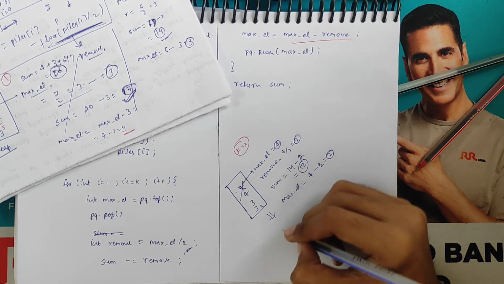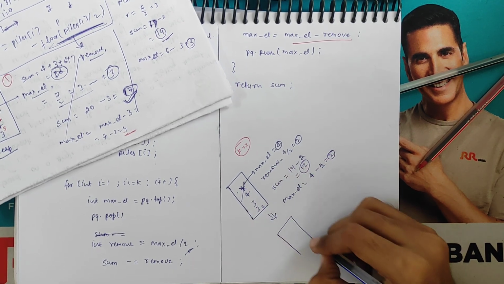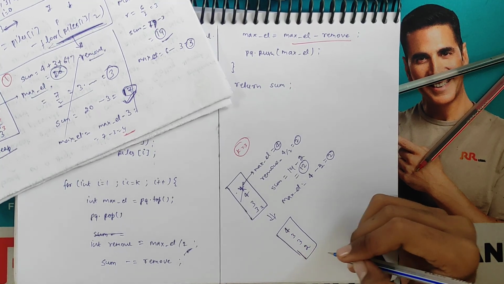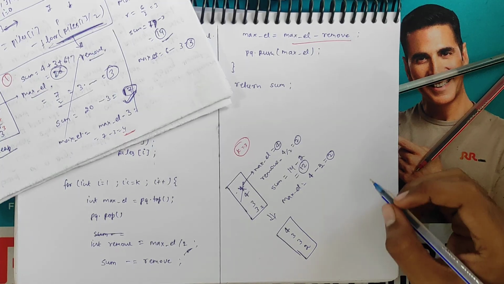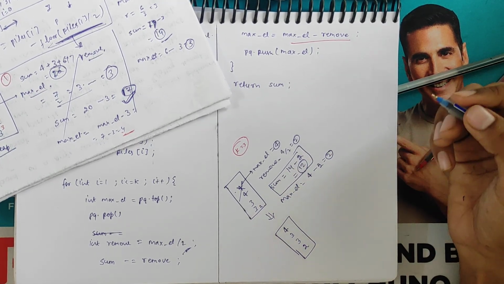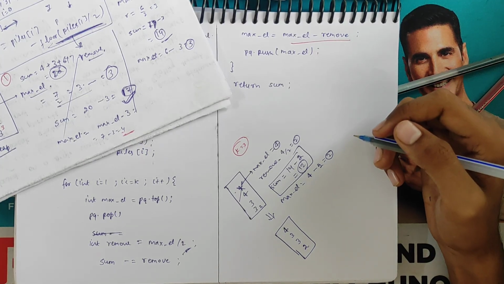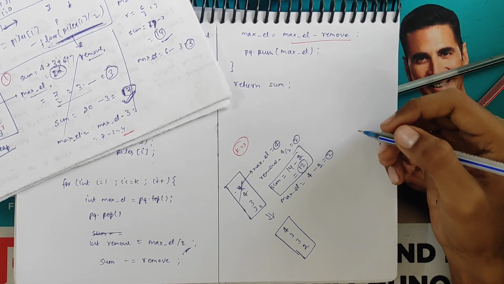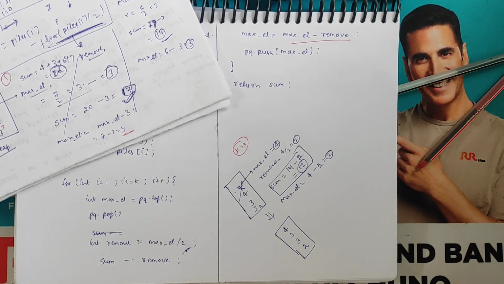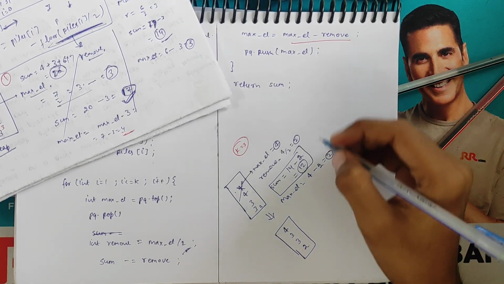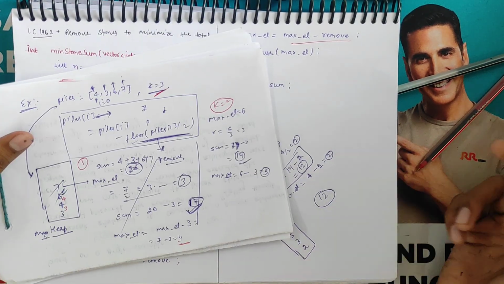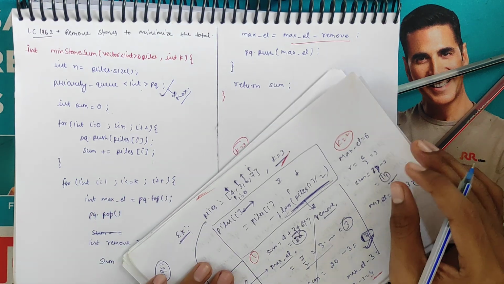So now the max heap is 4 3 3 2, right? And the sum is 12. So we have to basically return the sum of the heap data structure, meaning all the elements that are now present in the heap. So we'll be returning 12 as our answer. So this was our approach, and let's talk about the time complexity of this problem.